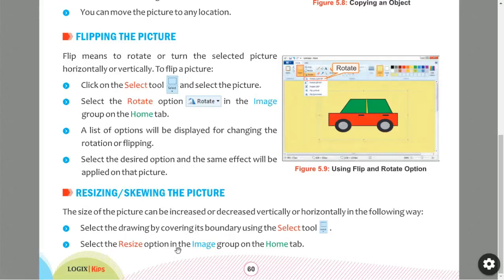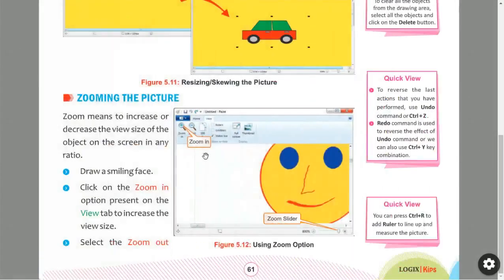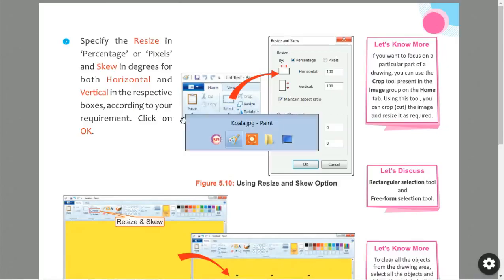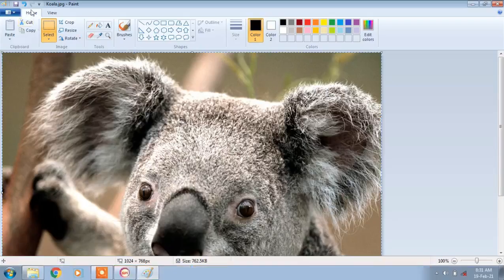Next point, select the Resize option in the Image group on the Home tab. Then specify the resize in percentage or pixels and skew in degrees, for both horizontal and vertical, in the respective boxes according to your requirement. Click on the OK button. Practically, you will observe on the Home tab a Resize option, given in the Image group.